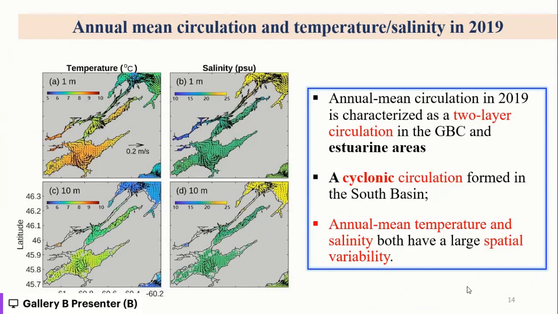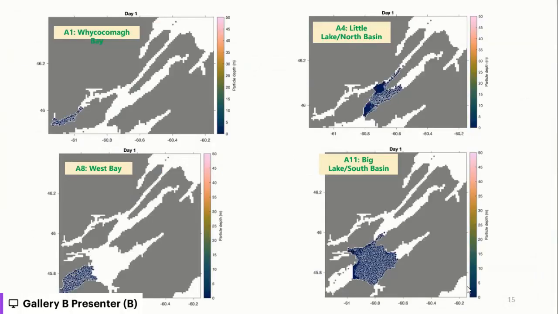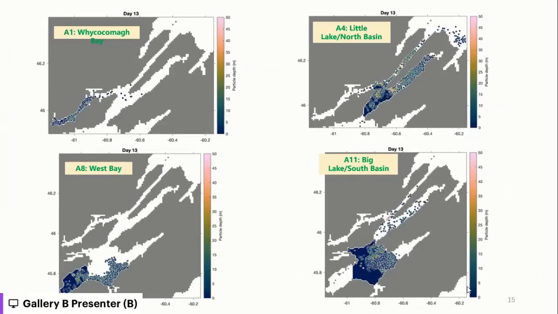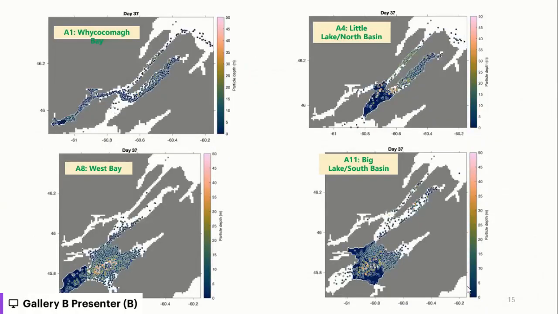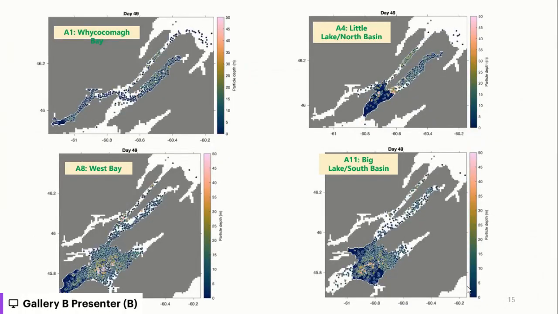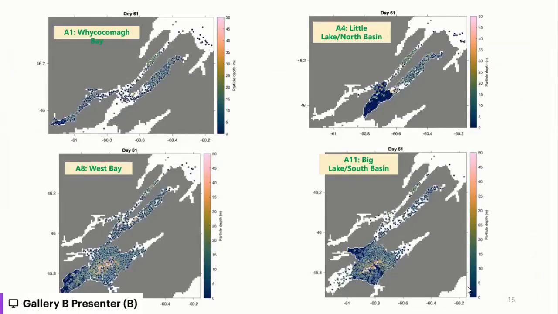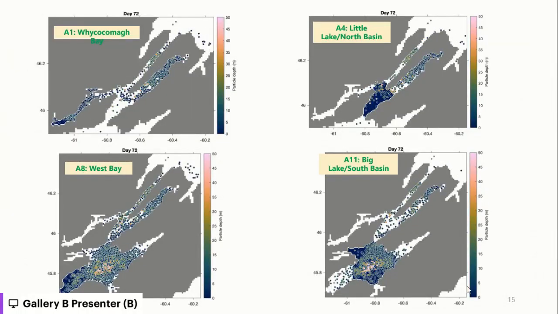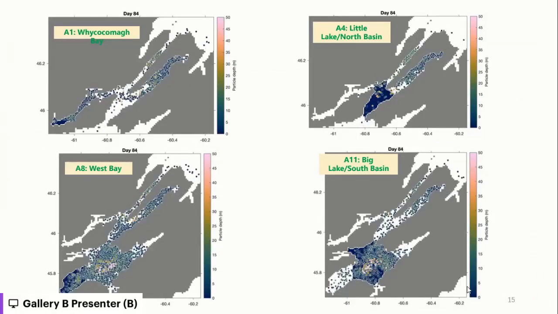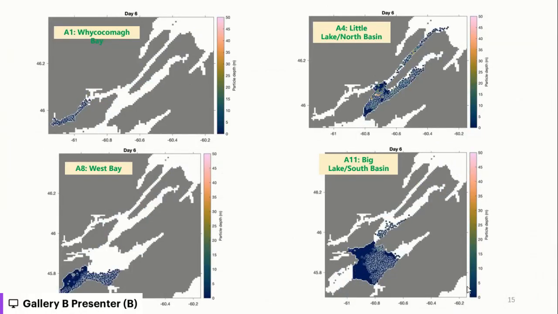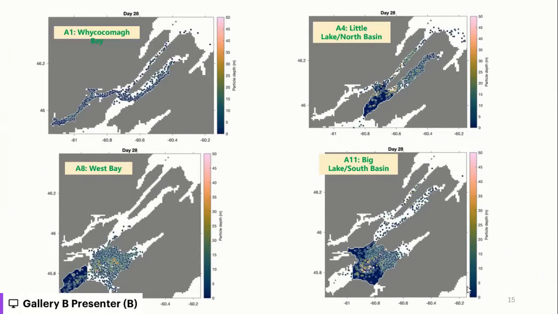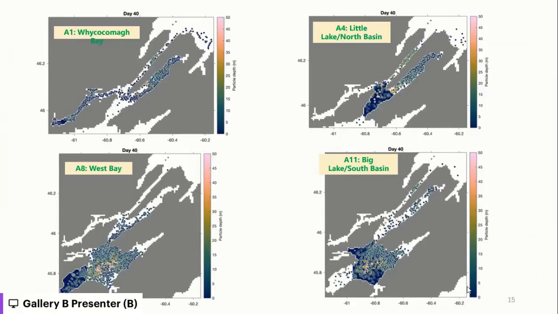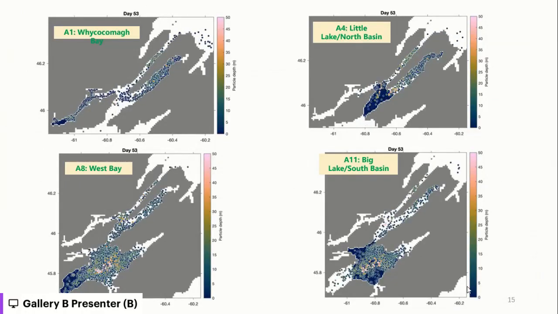So we wanted to apply particle tracking to estimate residence times in the different basins of the lakes. Here, the particles were released from different basins of the lakes. The particles are color-coded by the depth at the time, and because they were released near the surface, they start out being a dark blue color, and then the warmer colors that the particles show at the end means that these are passive particles, so with time they are moved around vertically as well as horizontally, and we can see that some of them move out into the open ocean through Cabot Strait, but many of the particles